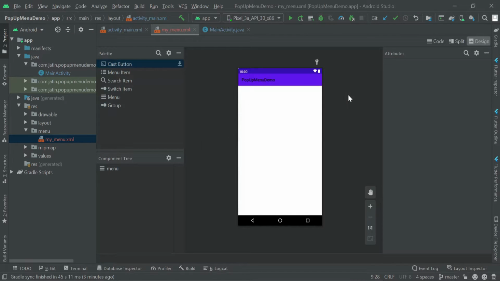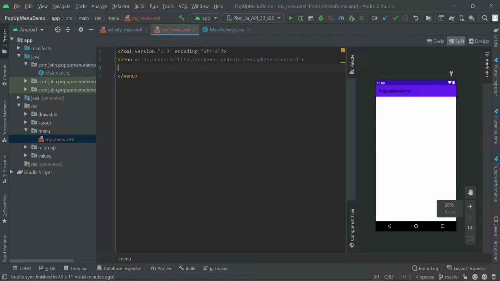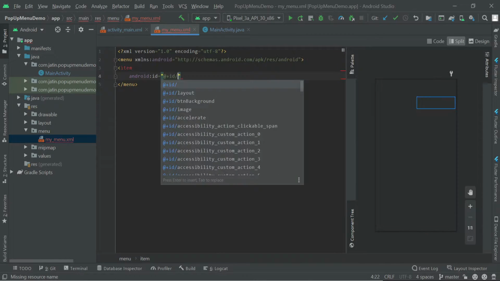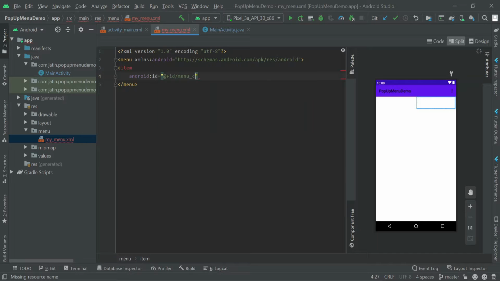In this, you can go to split part and move to the code here. So let's quickly add some items over here. Give it some ID. I will say ID is menu underscore cyan, and the title I will give is cyan color, and that's all with our first item.